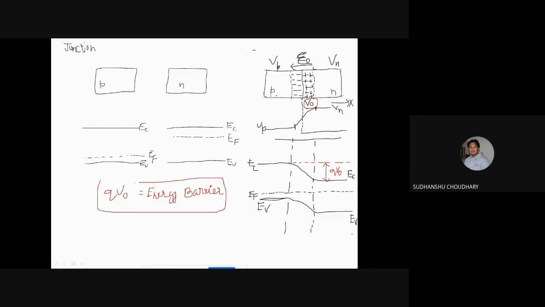So because of this electrostatic potential which is appearing across the junction, if I try to relate this to the energy band diagram, this relates to the energy barrier which is existing across the junction, QV naught. So what is the barrier here? Barrier obviously means the barrier for electron and hole movements. As I said, this electric field balances the diffusion of electrons, which sets up a barrier across the junction. So it is a barrier for further diffusion of electrons and holes across the junction.